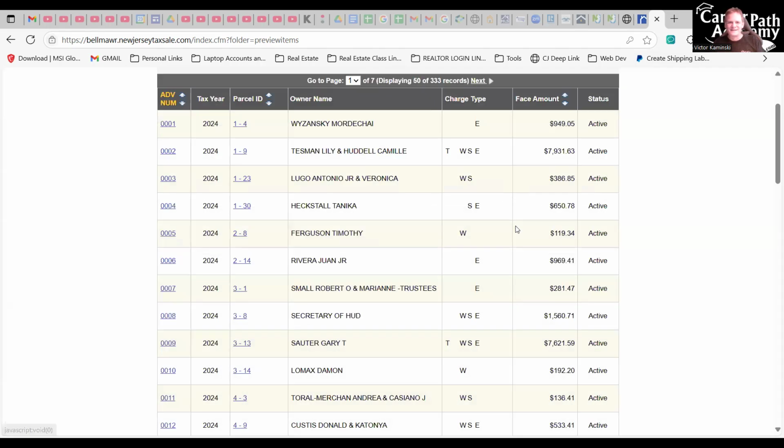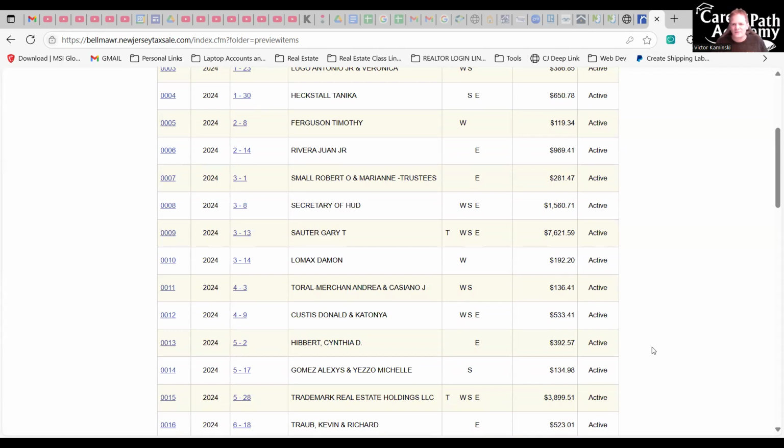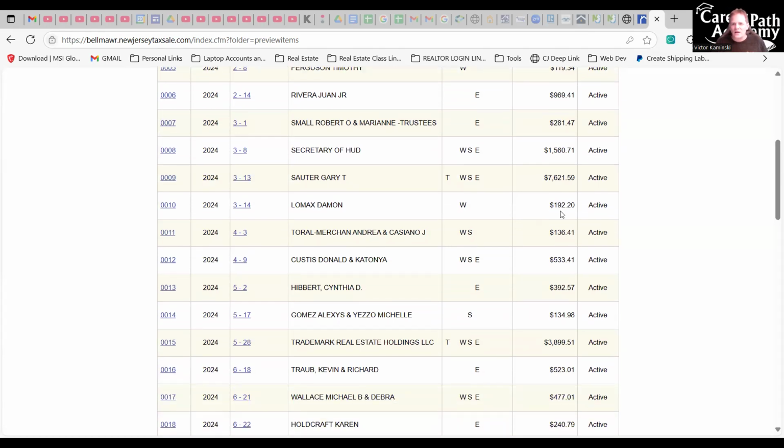Right? So this can also be a kind of lucrative way of making quick money. Yeah, look at this. $192 for quick money. I don't know, unless they pay you back quickly, but they have 2 years to pay you back. Look at this one, $136 for water and sewage. We learned already that those codes at this municipality mean water and sewage. Those codes could mean something else at a different municipality, so you really got to go into it and check for each municipality what the code means.